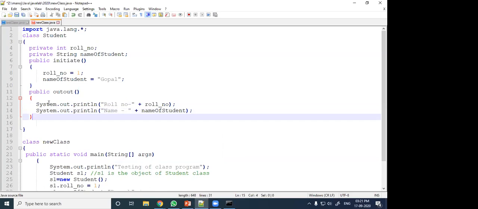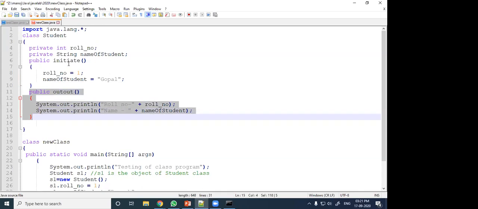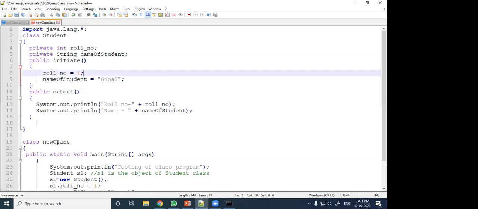Okay, just you see here, initiate function we have created, then output function we have created. There are two functions, initiate function and output function. All these are public members. Student is the class under which now there are four members.